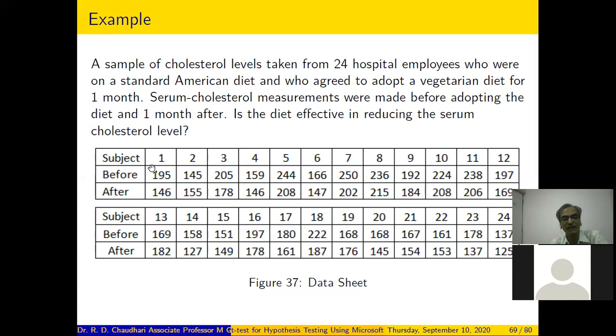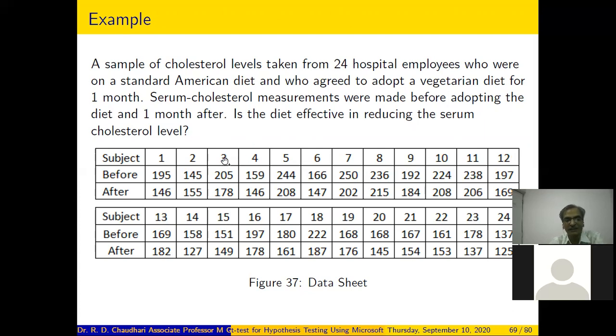If you look at the observations, we have 24 employees, and for the same 24 employees, the employee is the same. Say, for example, the third employee.